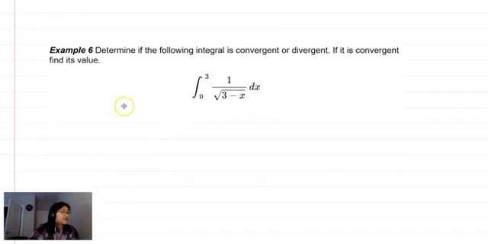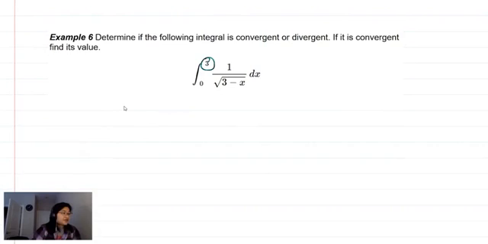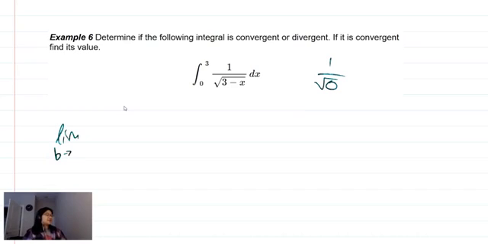Okay, so here, if you plug in 3 there, thinking about this function with your bound as 3, then you're going to get 1 over root 0. So 3 isn't going to be part of where our function is defined. But that's okay, because we have one-sided limits. So let's take a one-sided limit of this improper integral. Is it an improper integral? Yeah. So we got the limit as b approaches 3 from which direction? We got 0 to 3, so we're approaching 3 from the left,